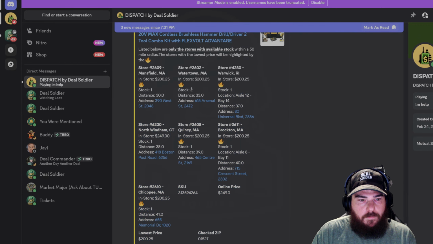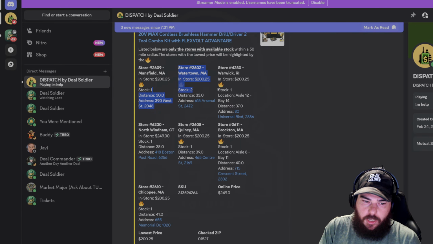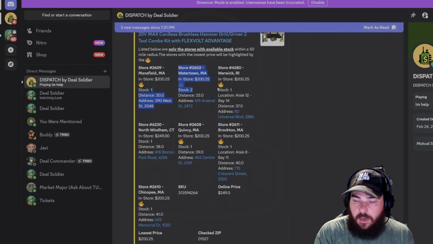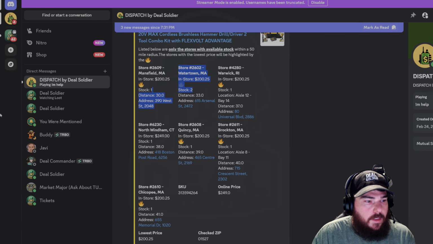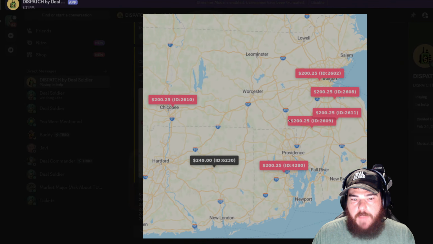So if you keep checking the stores that have the higher stock, check Monday, Tuesday. I would say for both Home Depot and Walmart, there's a good chance every single week, once it starts to drop, it'll continue to drop throughout the month. And then it also gives you an interactive map, so you can get that visual representation where the red's going to be the lowest price and the black is going to be any other price from the lower price.